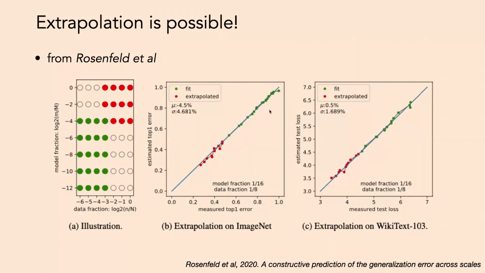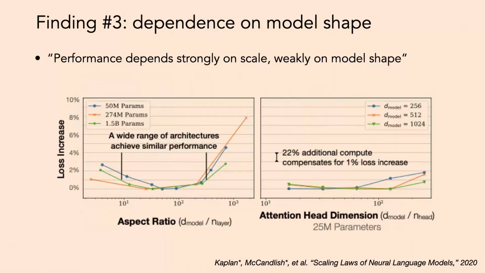You fit the model on these data points, and you ask, does it make valid predictions for models of a different scale? And it does. So we're not just reading tea leaves. That's really all that this says. Okay, so finding 1, we have a power law relationship between resources and performance. Finding 2, the